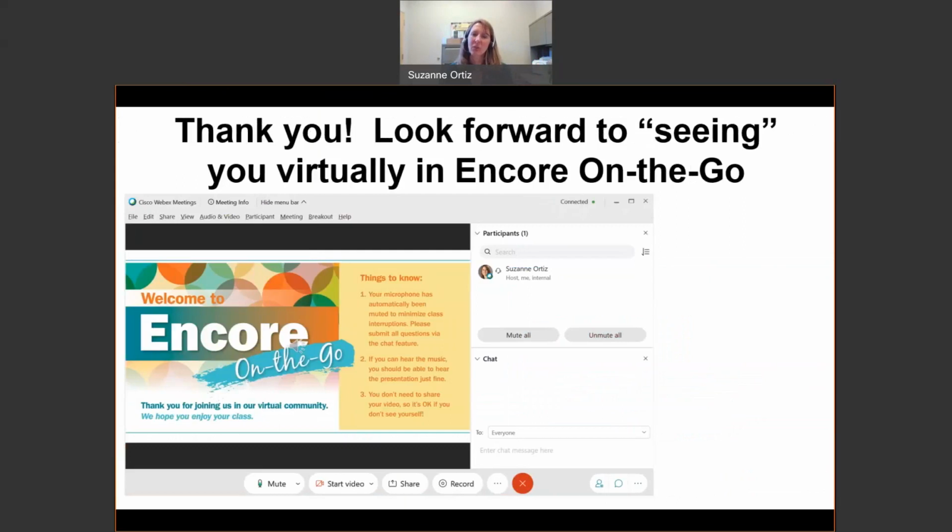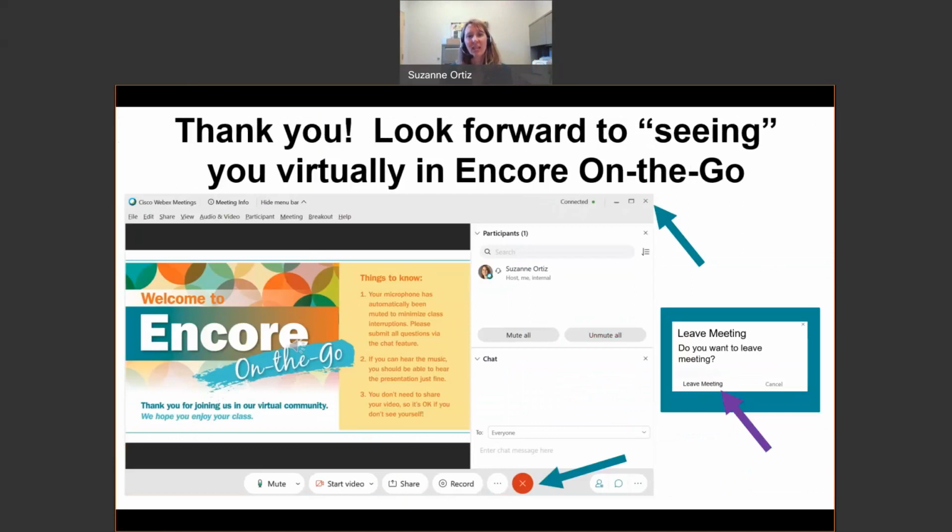Whenever you are done with any presentation, you can click on the red button to exit out of the class. You can also use the X button up at the top. And that is where you would leave the meeting. So with that being said, I'm actually going to leave this meeting. I'm going to click the stop sharing button